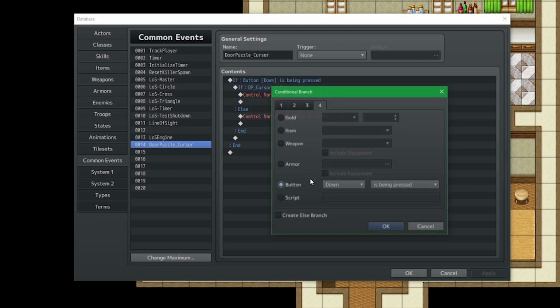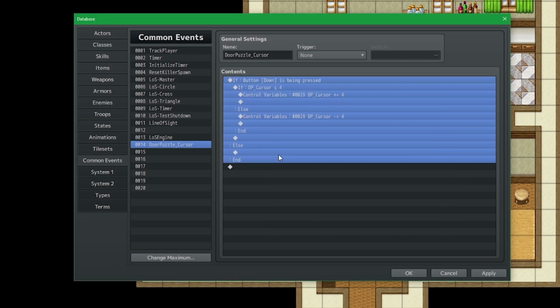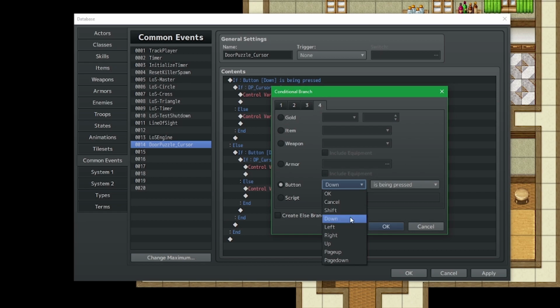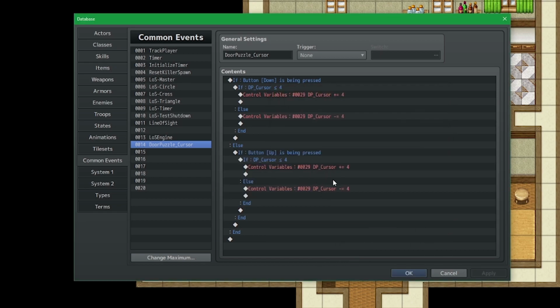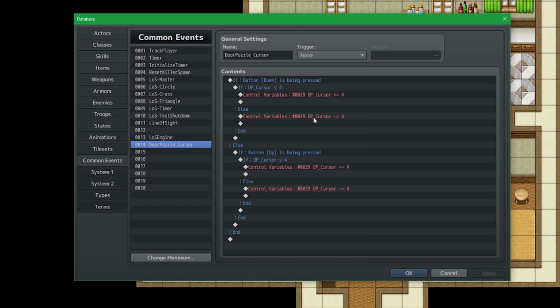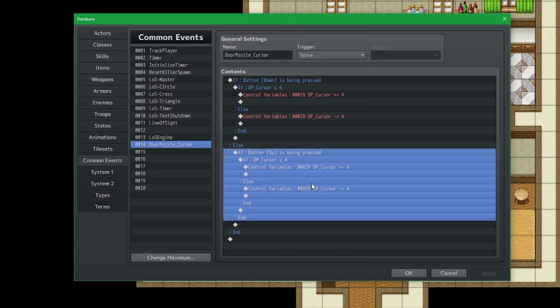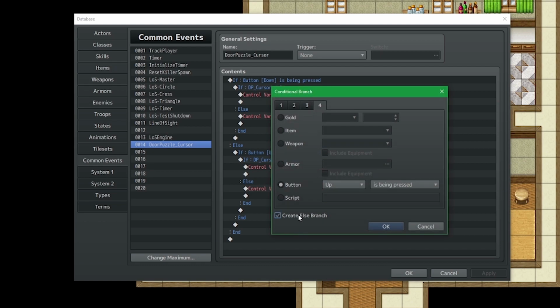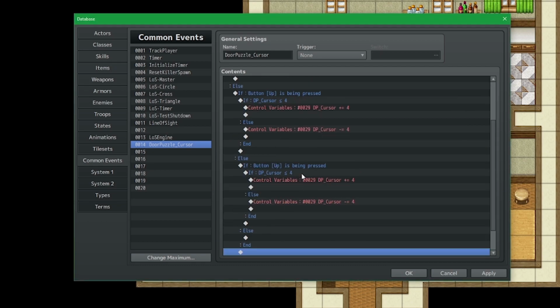So moving on, we are going to go from down to, I believe the next step is left. Yeah, but I'm going to just go ahead and do up first, because you'll notice that it's very, very similar. And as a matter of fact, I think it is exactly the same. So 1 going up, 2 going up, 3 going up, 4 going up, and then that's plus 4 and then 8. Yep, so they're exactly the same. Isn't that awesome? So I'm going to leave that be, and I'm going to create an else branch, paste it in, and